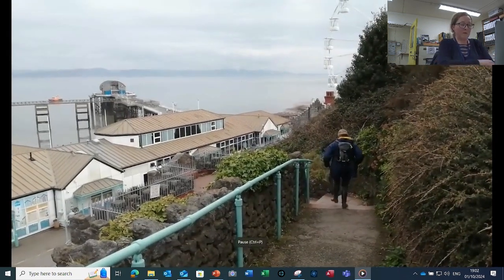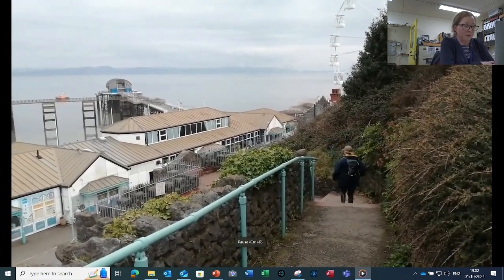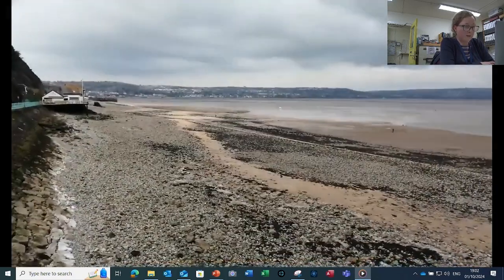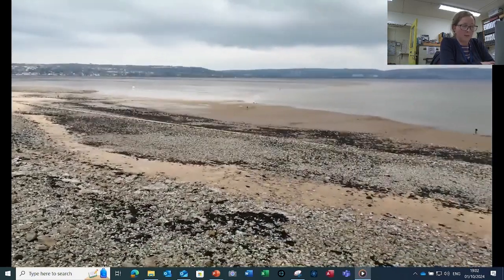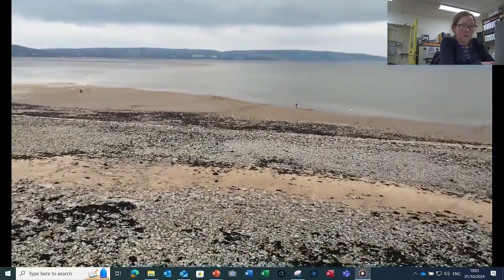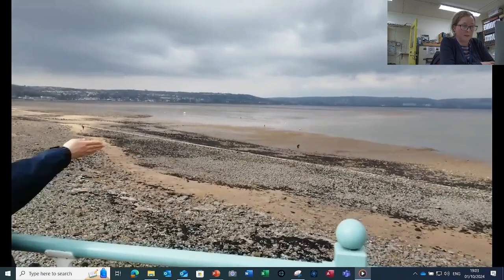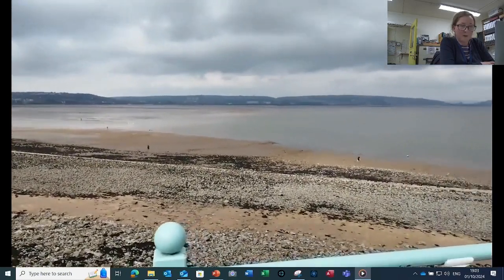So we're going on a virtual field trip to the Mumbles now to look for oysters. As you can see, the pier and the big wheel are useful landmarks here. On the shore to the left of the pier, you can see the remnants of the old oyster perches used by oyster fishers. That's me pointing them out, and Ben's just about to zoom in on them.